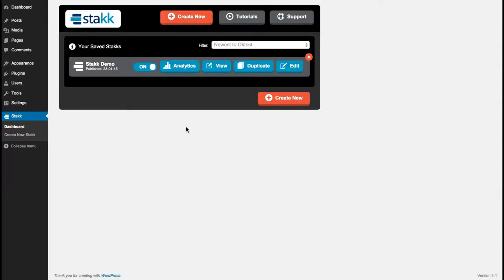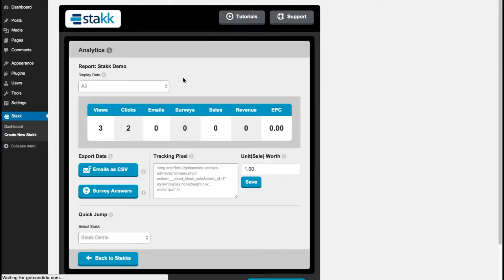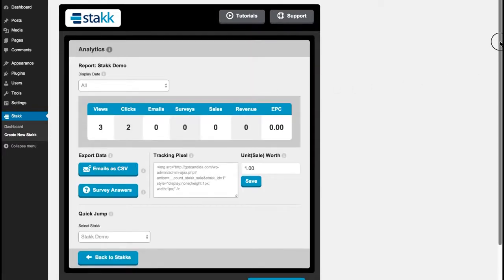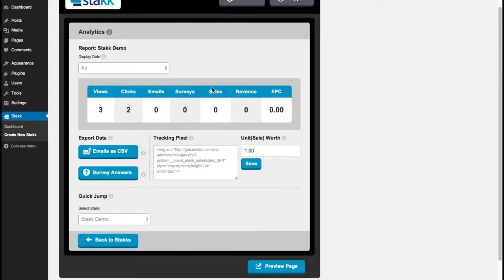Come back here and I'll show you the analytics section. So here you'll see our analytics, and just from me looking at it, we have those coming back here, so 3 views, 2 clicks. And in this section, you can export your emails as a CSV file. If you have not connected your autoresponder, you can just export them that way. If you're running a survey, you can export the survey answers as a CSV as well to analyze your market